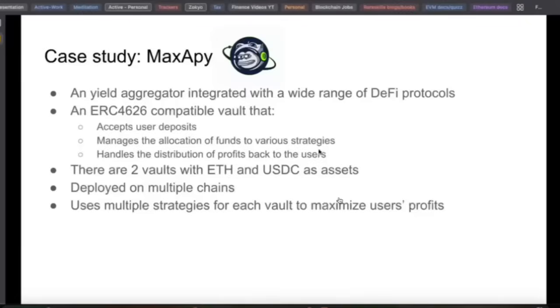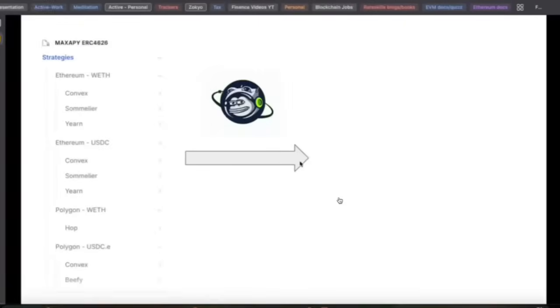And from all those protocols, this particular MaxAPY vault will get the yield and redistribute it to users. Similarly for the USDC. They are deployed on multiple chains, and if we look at one of their particular strategies over here, can you identify